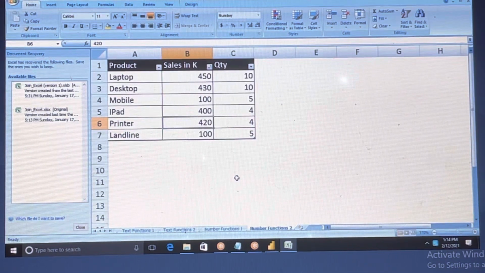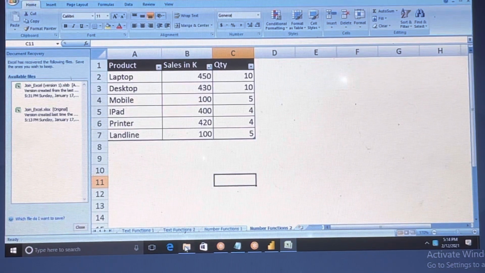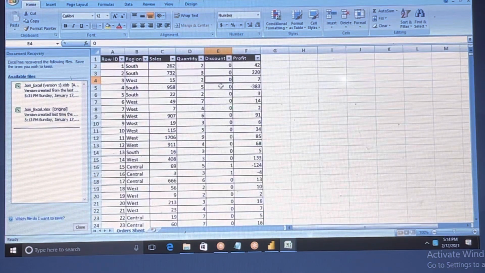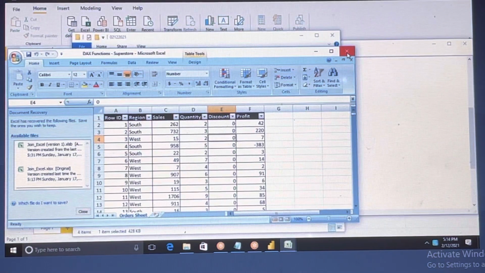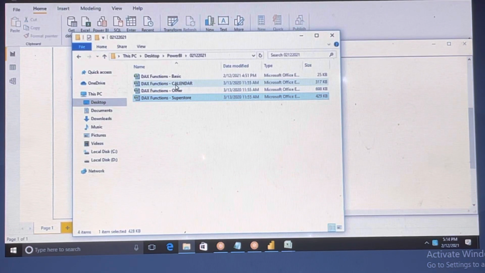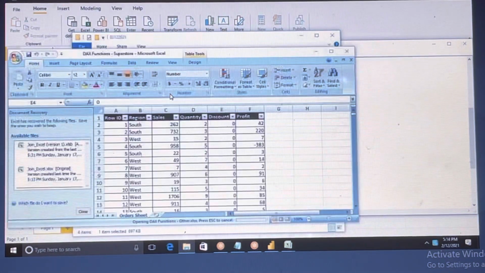And then we talked about, like, yesterday we discussed measure. What is measure? We have the sample data. What is a measure, and what is a new column? In what scenario do we use each? I will repeat it. It's a very important thing in Power BI. I will repeat that one too. And after that, text functions.